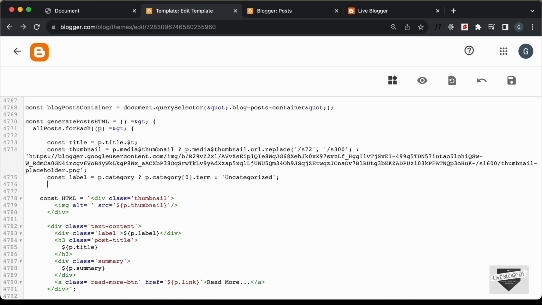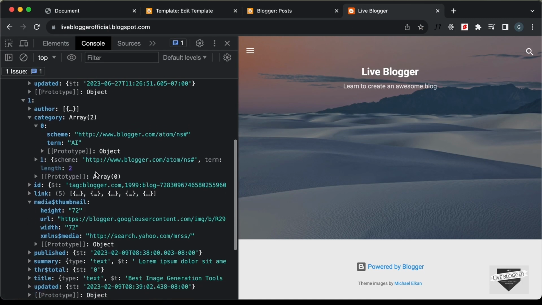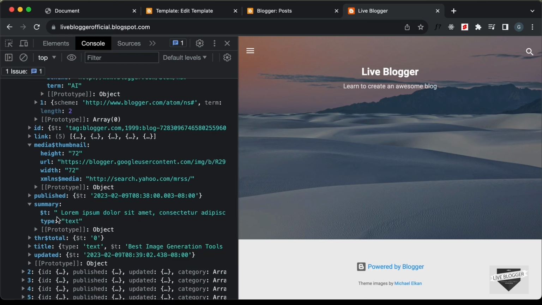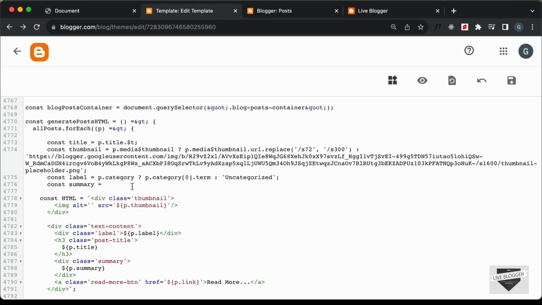Right, now the next thing we need is the summary, so let's type const summary equals, and let's go back to our website, and for the summary we have summary, and in that we have $T. So let's type p.summary.$T,